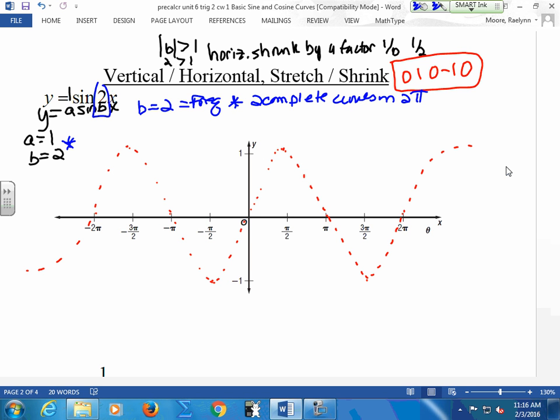This is 1 complete curve from 0 to 2 pi. From 0 to 2 pi now, I want 2 of these curves. So listen to me in degrees. If it takes me 360 degrees to do 1 complete curve, how many degrees will it take me to do